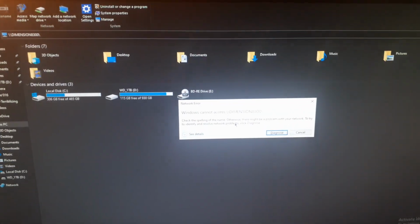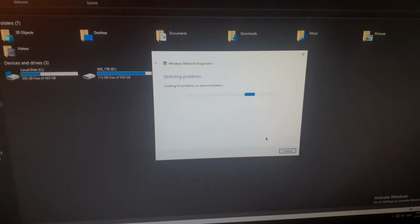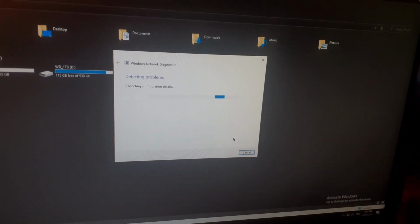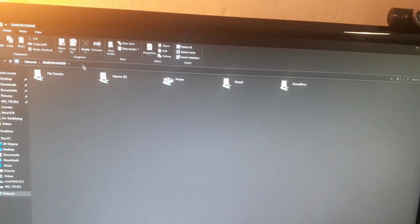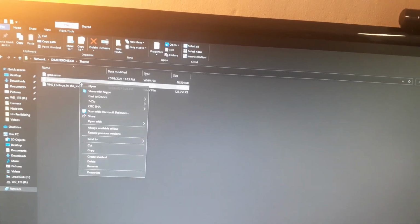Oh no, is it not doing it? Not accessible. Detecting problems. There aren't any problems. Windows 10's the problem. Okay, so it wasn't Windows 10. It's just that the Dimension does this thing every now and then where it disconnects itself from the network, and I don't know why. So is it shared, isn't it? Yeah, there we go. Untitled.wmv, and I'll copy that